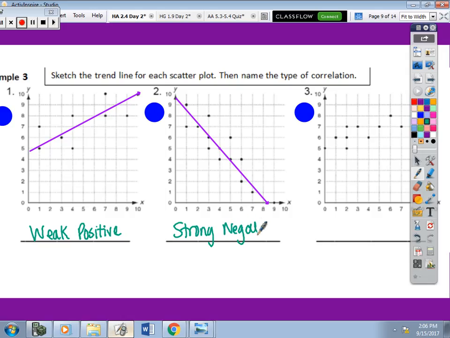The fewer points you have, the harder it is to tell. So the more points they put on the picture,